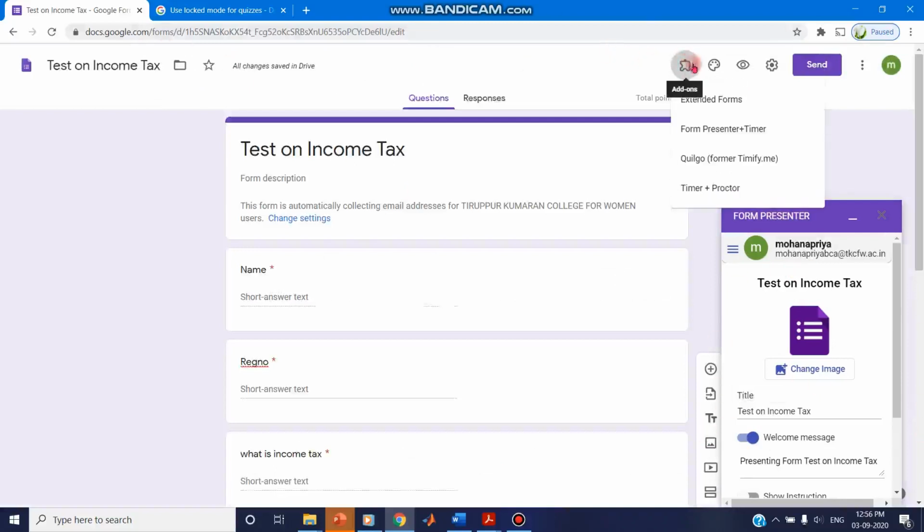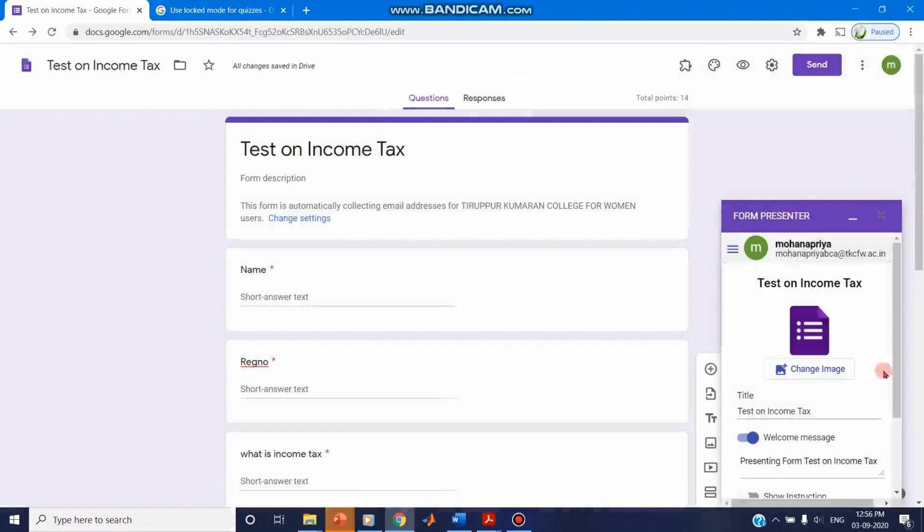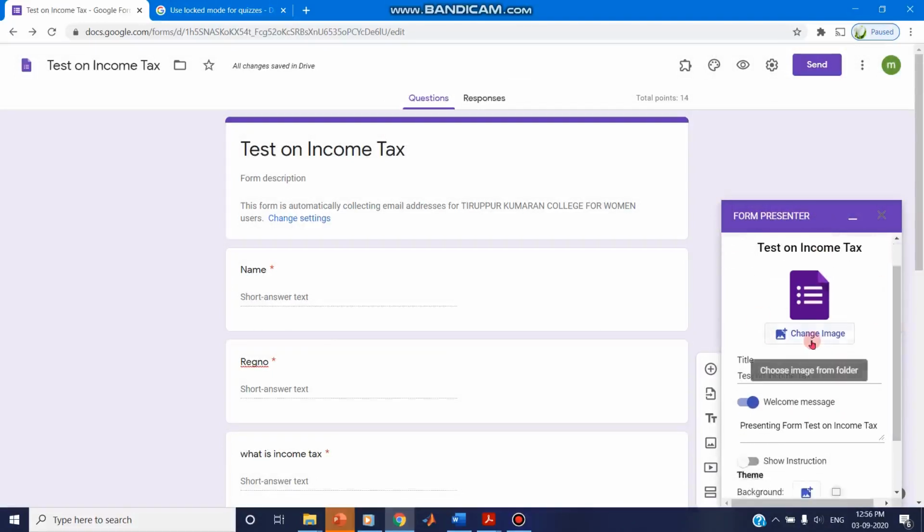Then this add-on template will open and you can click on Form Presenter plus Timer, and now you can find this add-on is being added. You can click on the image which you wish, if you want the students to view it on their first page.